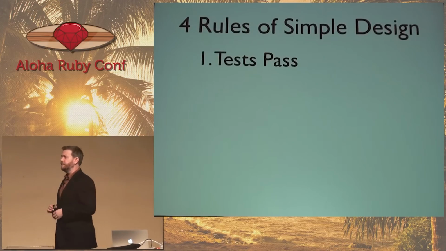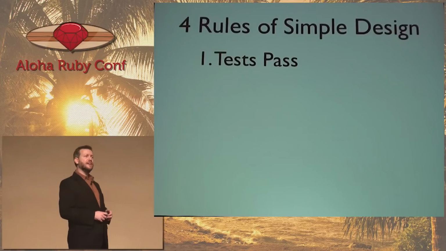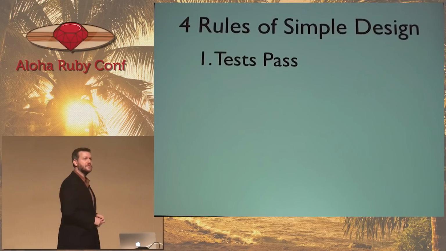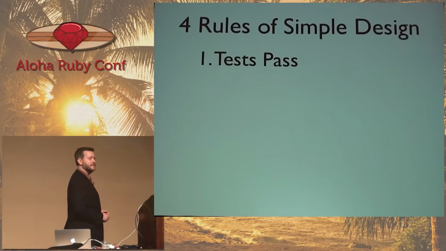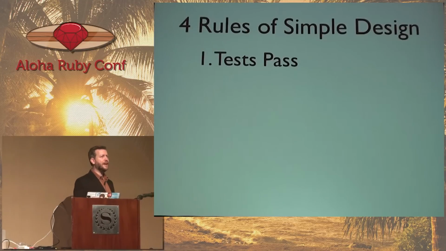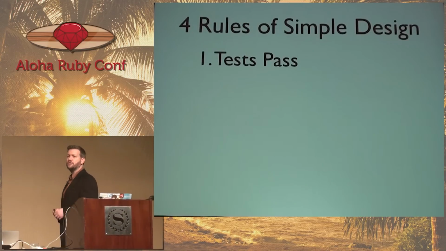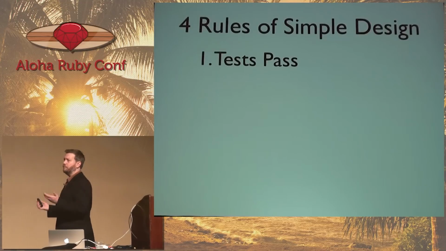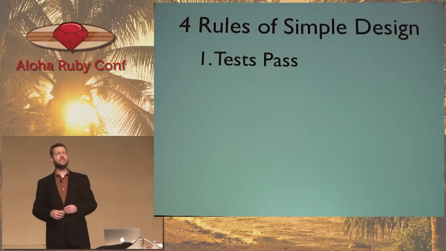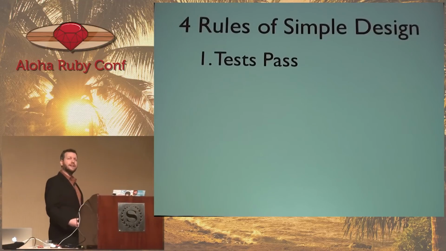The very first one is test pass. And it basically says, if you can't verify that your system works, it doesn't matter how good your design is. You could have the greatest design ever, but if you can't verify how it works, it doesn't do you any good. In our modern age, we consider most of these automated, because if you have a 2-week QA